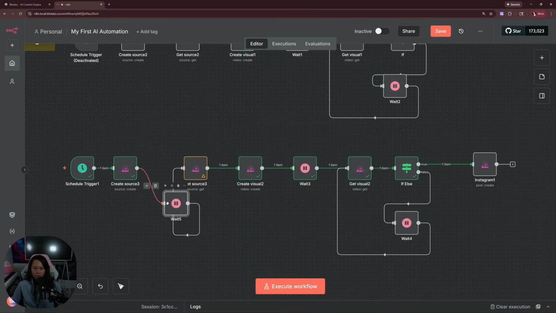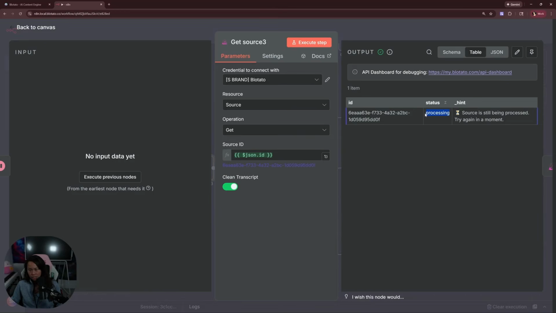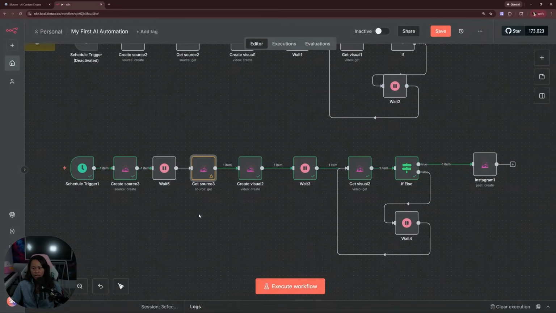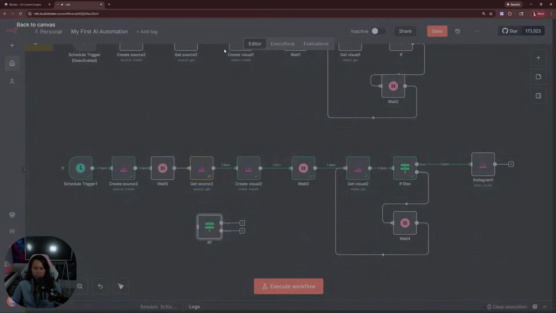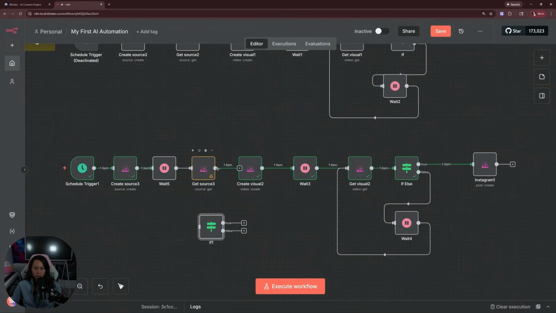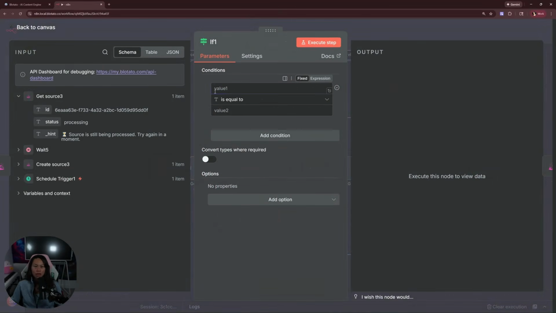And we actually could do something similar. Like if this status is still processing, then we're going to try again. Actually, let's just do that here. So let's add another if statement. It'll just get us more practice. So delete that. I'm just going to squish everything together. True. Open that up. So what is the value we care about? If the status